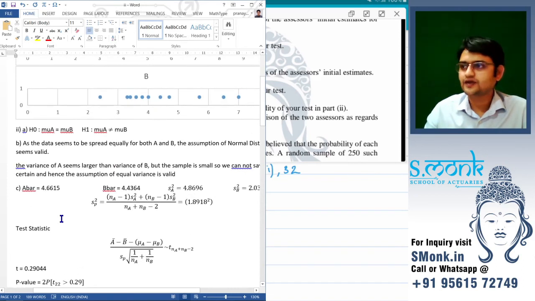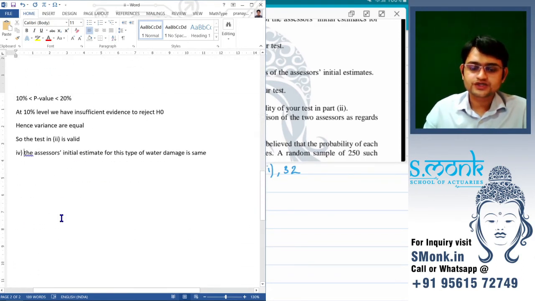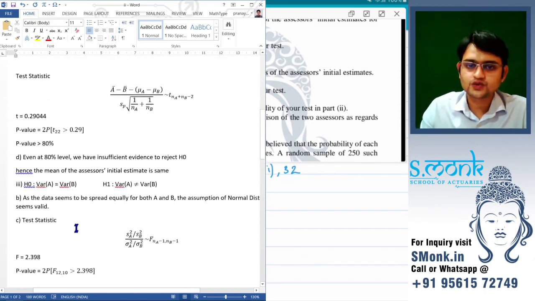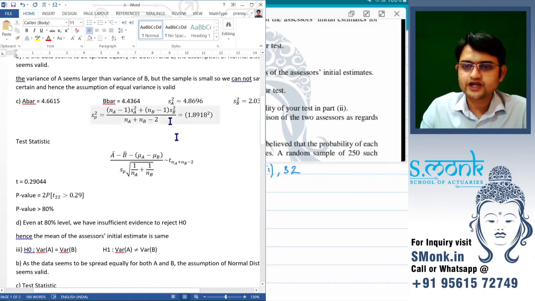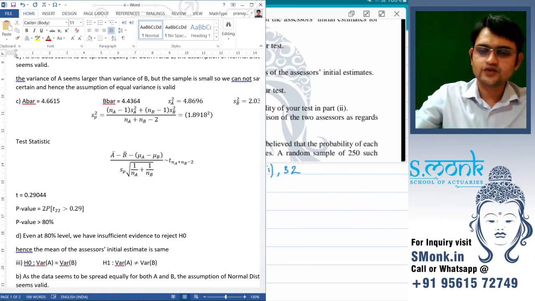It does take time, but you'll have to practice all of your questions in Word, so that you get your speed. And you can see it looks so much easier, especially if I want to check whether I have made a mistake or not. It is so much easier to check in equation editor form rather than writing it in normal text. If let's say I do not use equation editor, how would I write this?